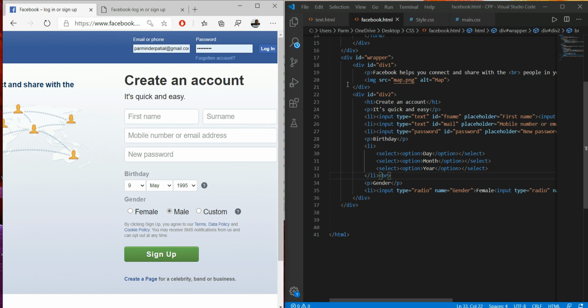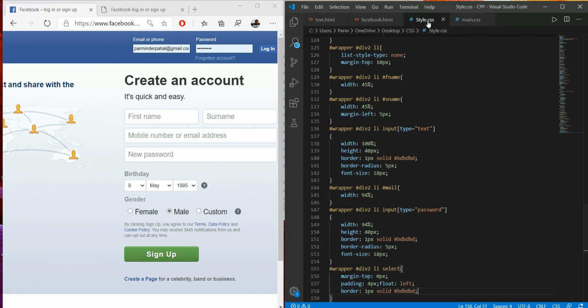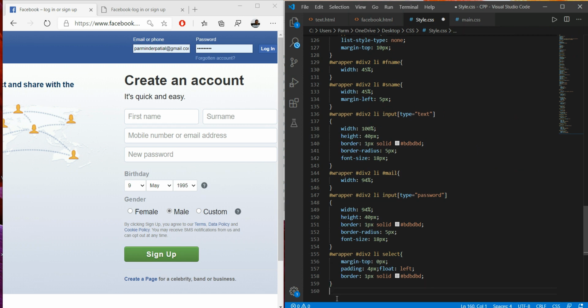So look at its color, we just have to make it gray if we see over here. So we just have to style it. So here in this, what we do, we will write hash wrapper hash div 2.